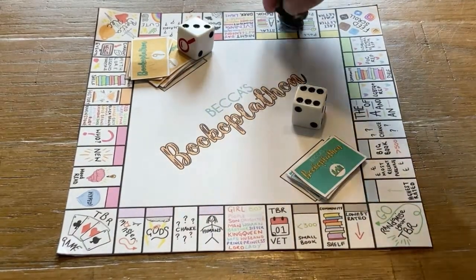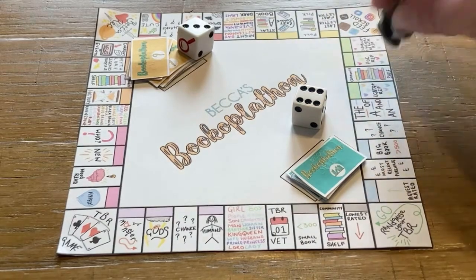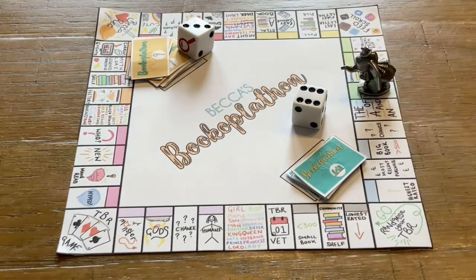Hey, and what's been a relatively kind game, our last roll, 9. LGBTQ plus rep. Okay, so LGBTQ plus rep. I have a few options for this, but the one that I've been wanting to get to since it went on Simon Savage's best books of the year last year is Life as a Unicorn